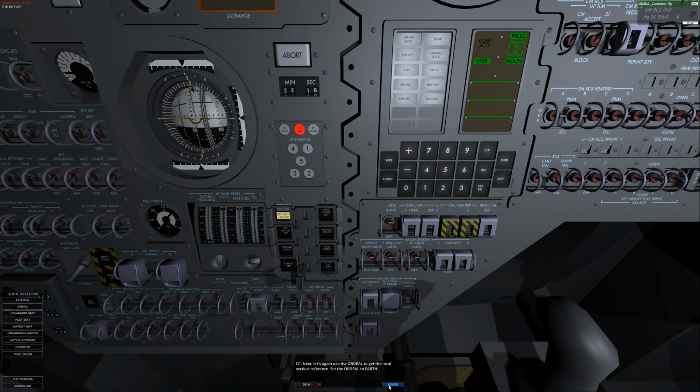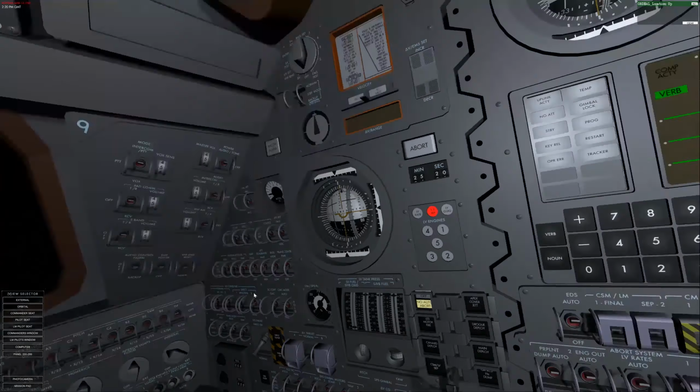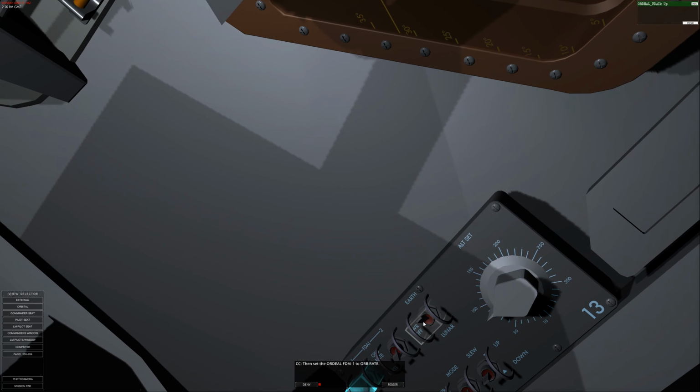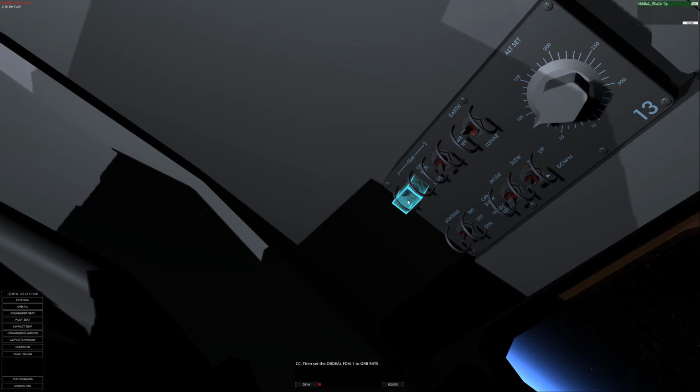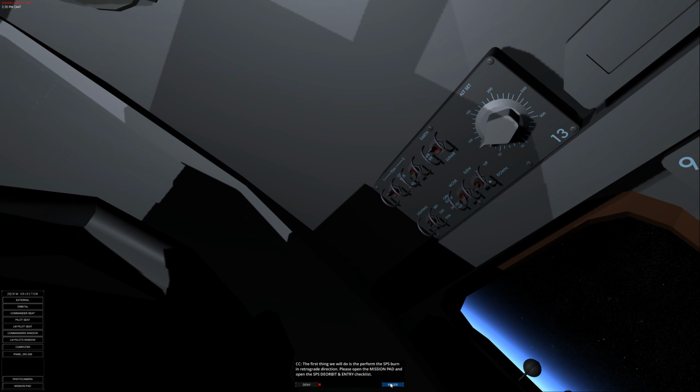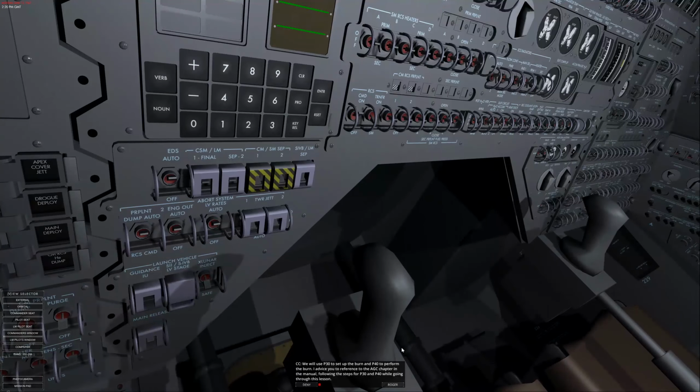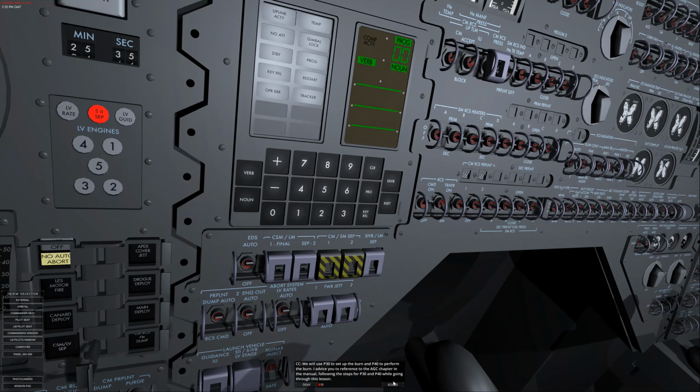Let's use the ORDEAL to get the local vertical reference. ORDEAL to Earth. And yep, that. Use from the SPS burn in retrograde direction. Open mission pad. We'll use P30. Up the burn. Okay. Please note that this lesson will go through the basic section to land the process so